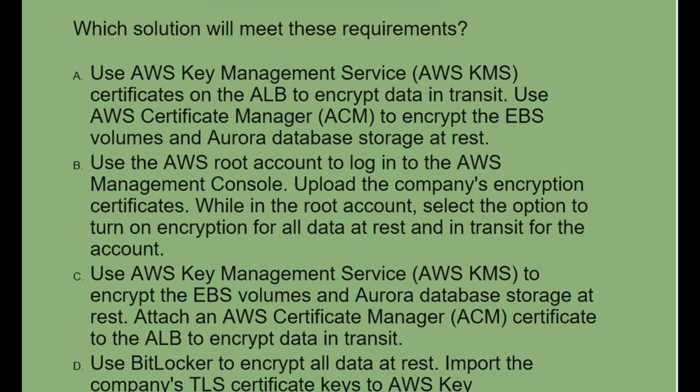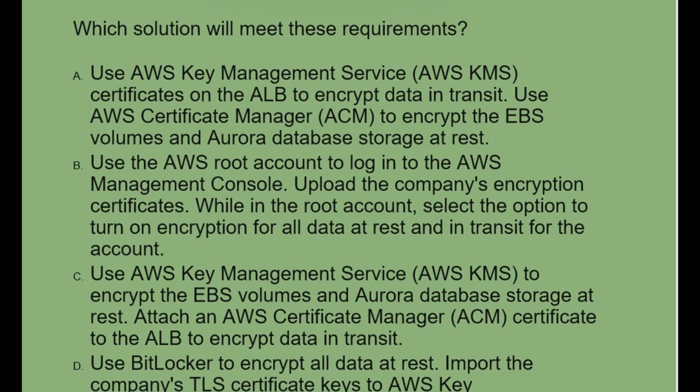Option A, use AWS Key Management Service, AWS KMS, certificates on the ALB to encrypt data in transit. Use AWS Certificate Manager, ACM, to encrypt the EBS volumes and Aurora database storage at rest. Option B, use an AWS root account to log into the AWS Management Console. Upload the company's encryption certificates. While in the root account, select the option to turn on encryption for all data at rest and in transit